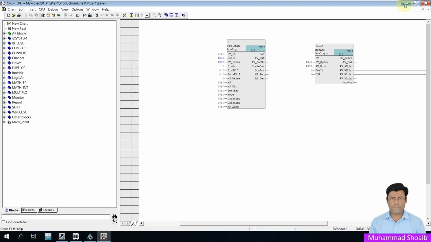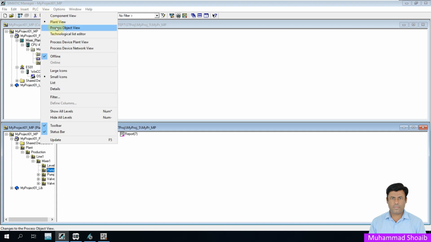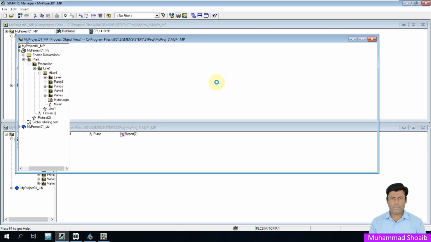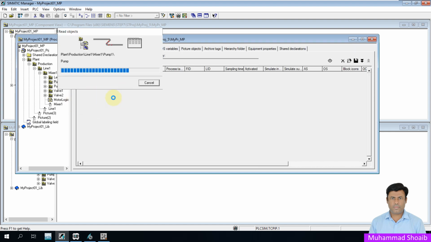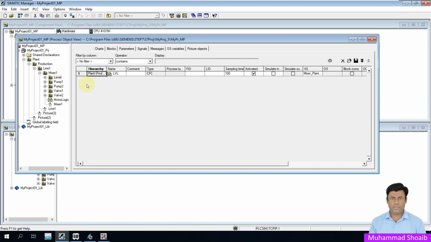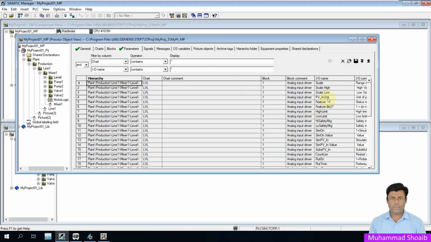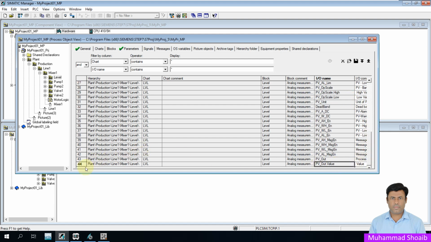There are some other methods also to enable the historization for the tag. You can go to View, Process Object View, and select any required tag, for example the level. Then go here in the parameters, and from here you have to select which tag you want to historize. For example, I want to historize this,